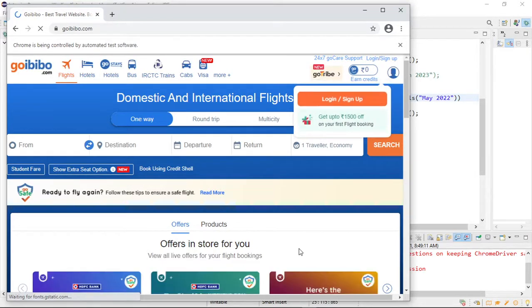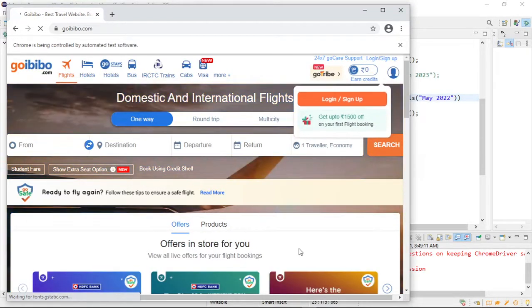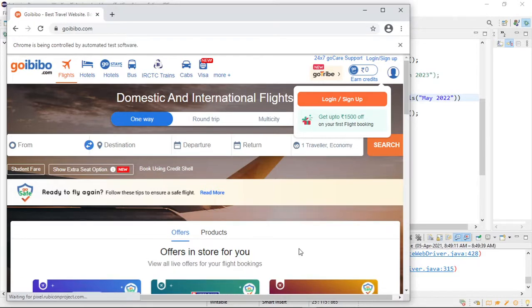It will keep on clicking the next button up till May 2022. Let us see how it is clicking. Some error came.